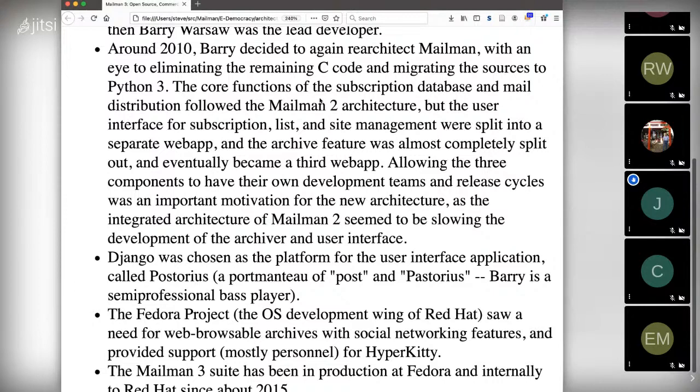So Mailman, the core is very mature, as I said. It does what needs to be done, and so the incentive to mess with the rest of it hasn't been that great. There's some pressure from users, but it doesn't usually result in code contributions. And so what Barry wanted to do was make it possible for new people to come in, take ownership, and have their own release cycle that was not dependent on Mailman core.